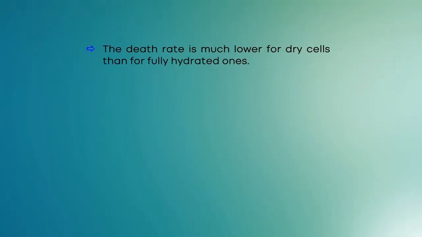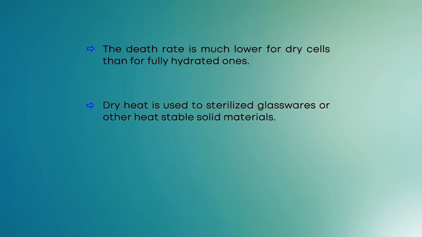In addition, bacteria can survive in a completely desiccated state, and in this state, the intrinsic heat resistance of vegetative bacterial cells is greatly increased, almost to the level characteristic of spores. Consequently, the death rate is much lower for dry cells than for fully hydrated ones. So this dry heat